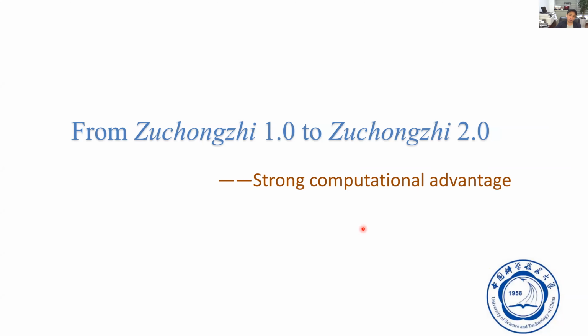So we cannot go to so-called quantum advantage. And also in Zuchongzhi 1, we didn't have very good readout efficiency, so we also have to improve the readout efficiency.